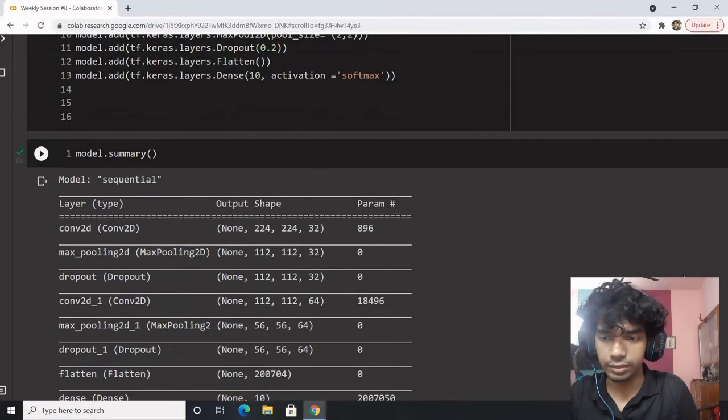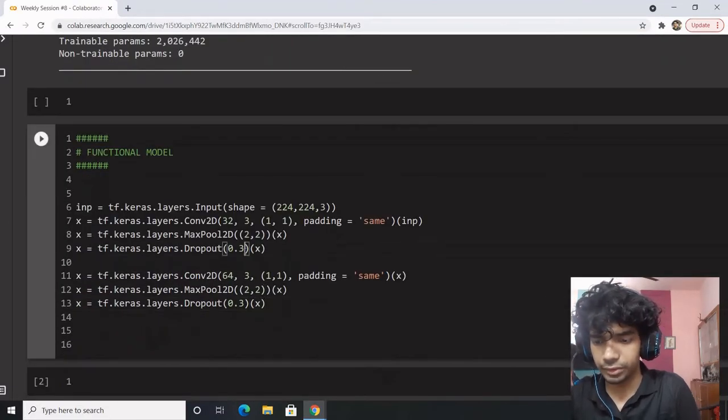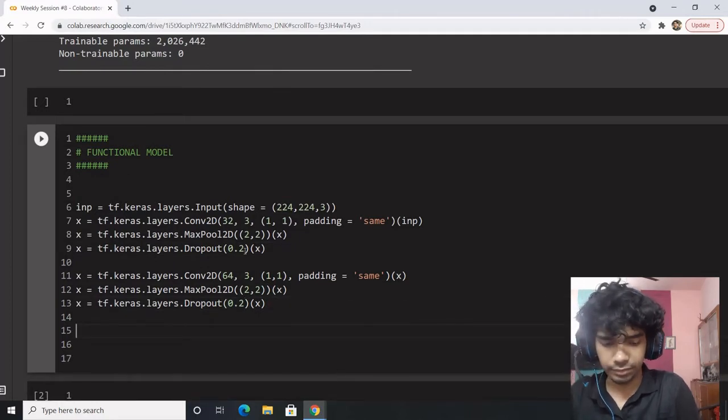I think we are defining this with the same values, 0.2, 0.2. Okay, I think it doesn't matter much. Architecture would be the same, parameters would be different.